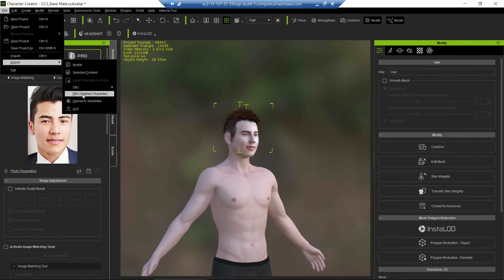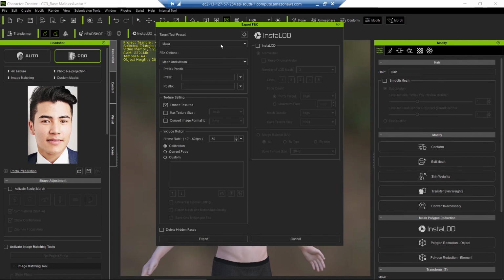We are almost done with every part. We'll be making one more documentation. We've been including some documentation here too, so that you can walk around with that. So now these are the options. First of all, you have to select Unreal here. You have to select the mesh in the FBX options, and now you have to tick these three: mesh, textures, convert image format to BMP, and 4096, 4K textures. Delete hidden faces, you do not have to tick that one.